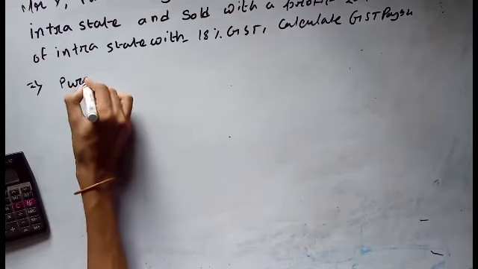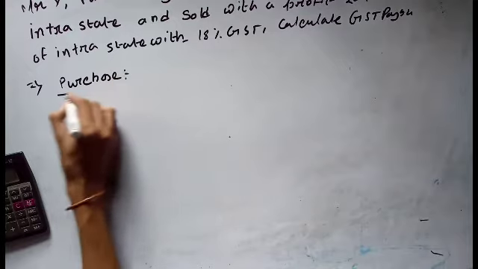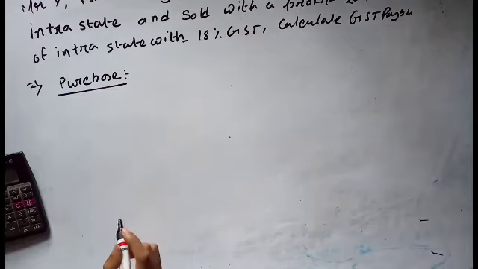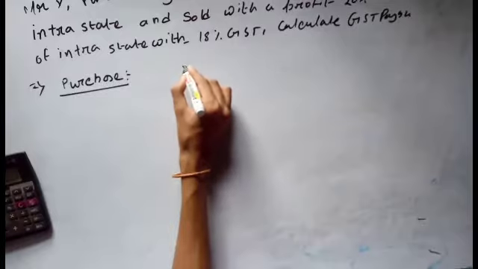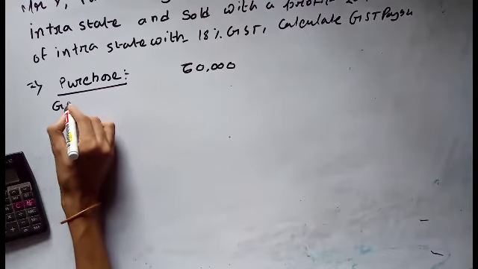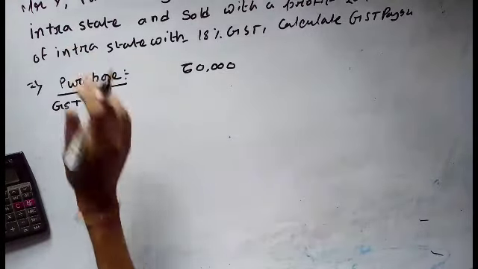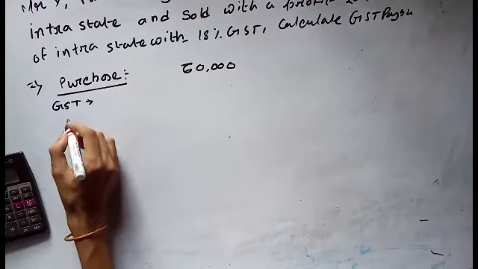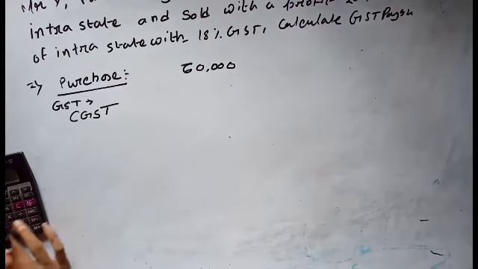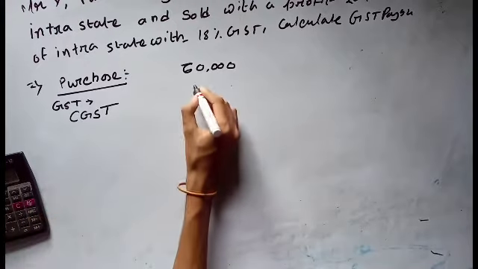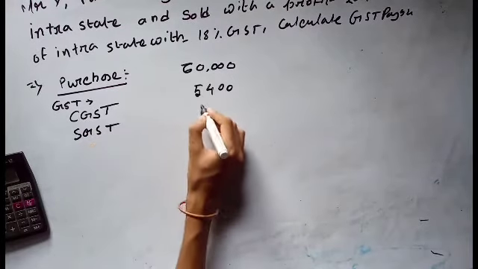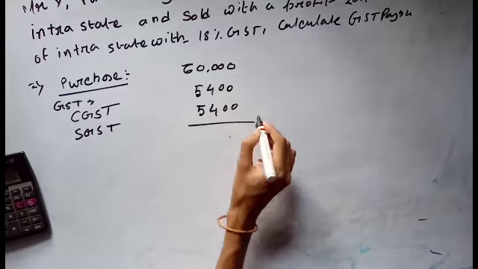So first we need to calculate for purchase. For 60,000 we are charging GST, which is intrastate, so CGST and SGST both will be charged at 9% and 9%. CGST is 60,000 into 9%, and SGST is the same. The total amount is